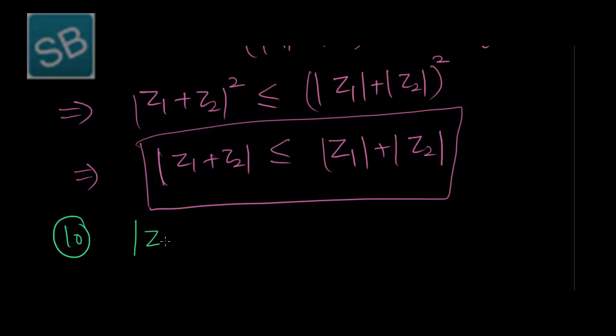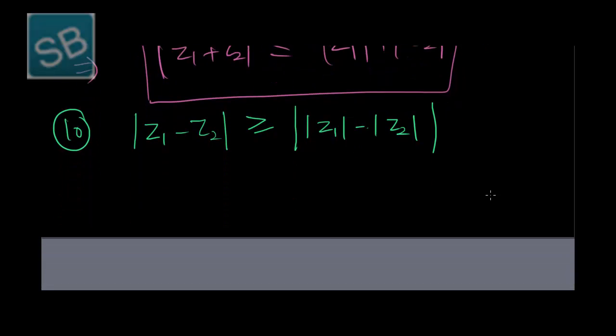The next property is |Z1 − Z2| is greater than or equal to the modulus of the difference of moduli of two complex numbers, that is |Z1 − Z2| is greater than or equal to ||Z1| − |Z2||. So we start with